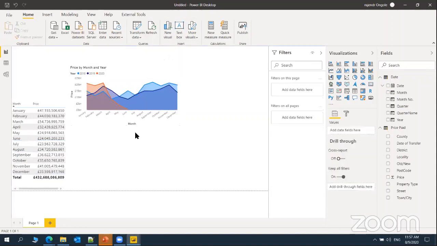So in this way, we can sort the fields, and I will take a few more visuals into my canvas. I will take by default a card. This one I will take, and here what I will do is take how many houses have been sold till date. For that, I'm going